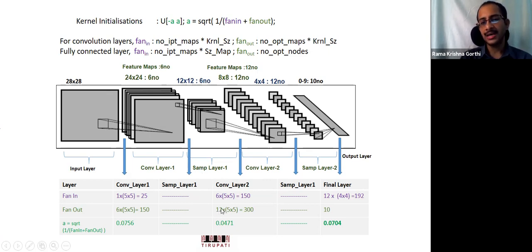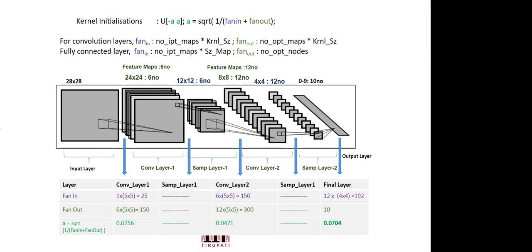I'm not fully sure exactly how they arrive at this expression, but essentially the idea is they want to bring in the weights reasonably close to 0, both positive and negative, and it should be around plus or minus 1 for W transpose X plus B. So if you consider this as W, then W transpose X plus B should be in the range minus 1 to 1. That's the rough idea. Okay, sir. Yeah.